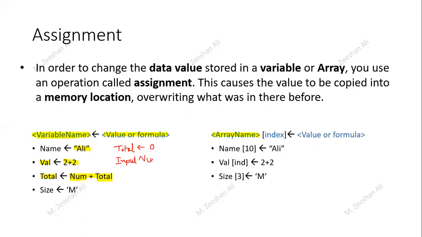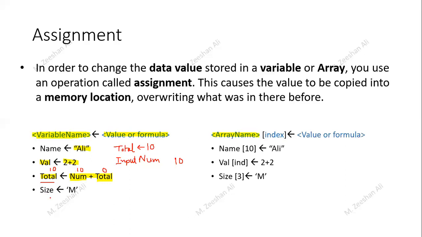Num is also a variable. So whatever value the person gives will go to num. At this point, the previous value of total was 0. For the num value, for example, I have given 10. So that 10 will be added to the 0, because the previous value of total was 0 and the num that we have given is 10. So that 10 will be added to 0 and the new value of total will become 10. The previous value will be replaced. Okay,